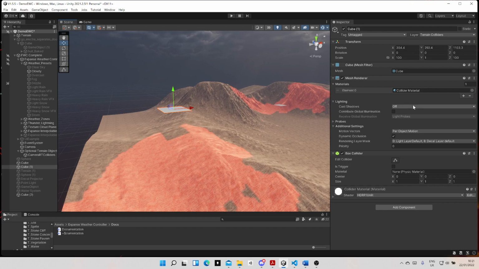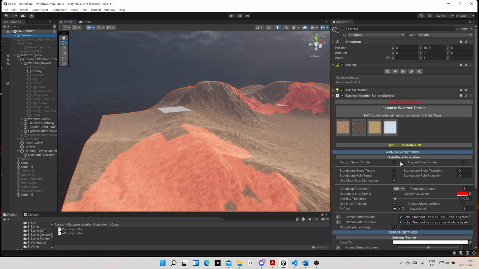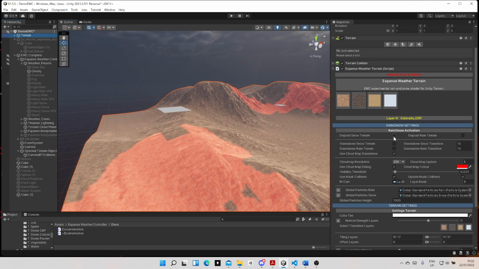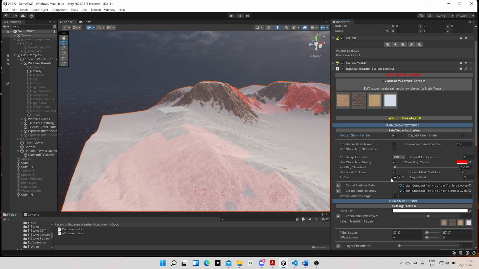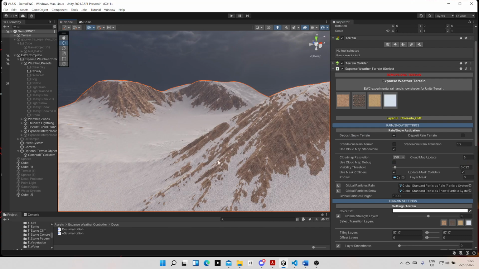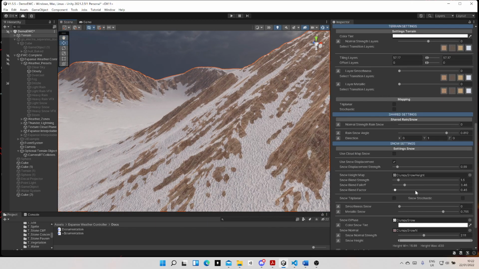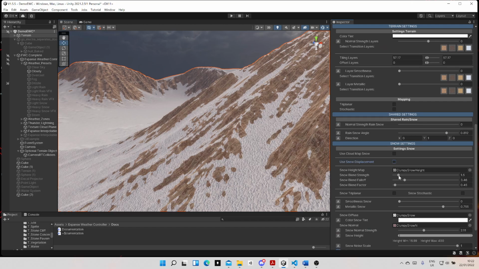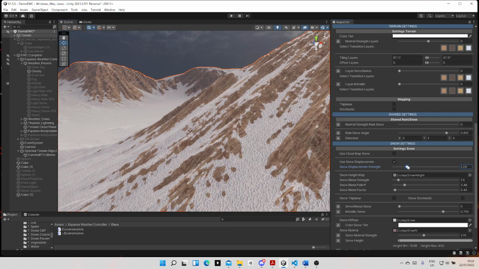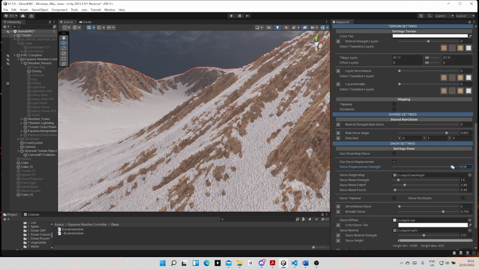The other thing I did on the terrain shader, let me just enable the snow and I'll just switch off the cloud map debug. Maybe go to this section here. I've added a displacement map for the snow. So we can switch it on or off, and we can lift up the snow. So that's another nice little feature